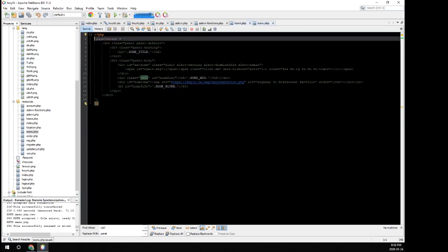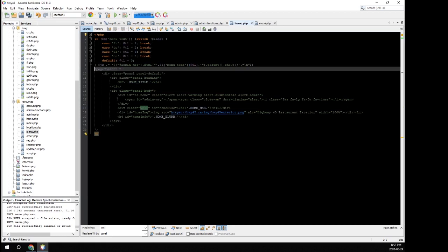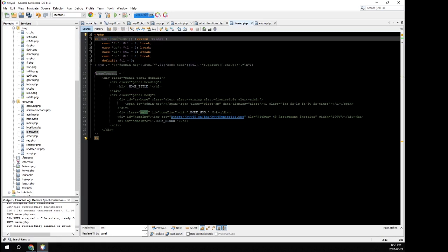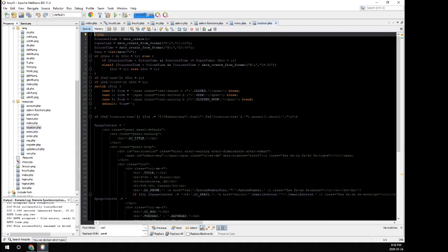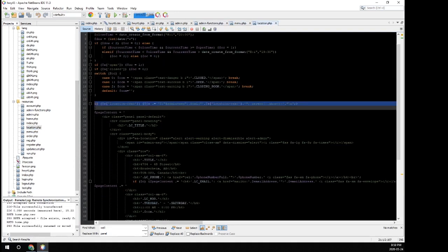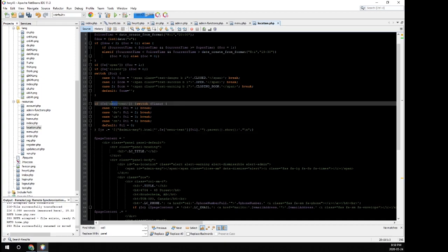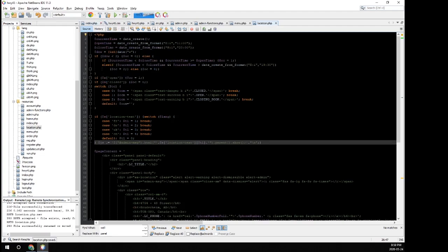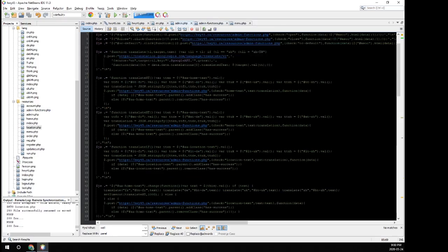Save that, go to our home page. Should be home text. That'll be home text. And that's all the same, so just home text there, home text there is all we need to change. Save home, we can close that one. And we need location. And in location we already had this line, so we're replacing that line. Location